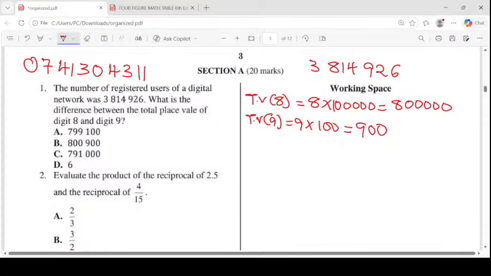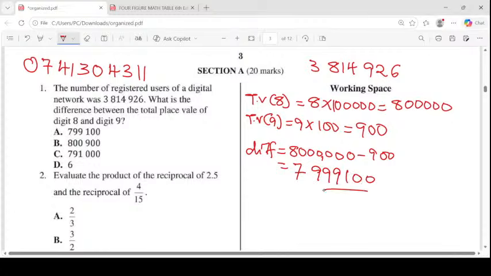So after that, now the question is, what is the difference? The term difference in mathematics simply means subtraction. We are now going to take our 8 million, we less 900. Now when you take 8 million, you less 900, you are going to get 7,999,100 as your answer. Looking at the choices,